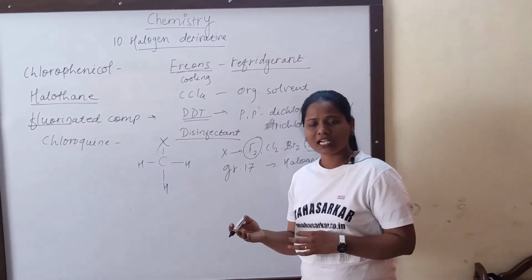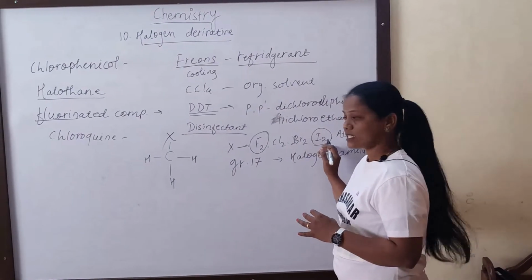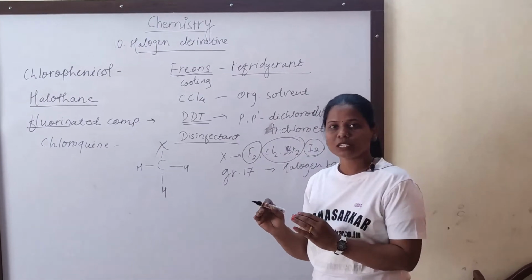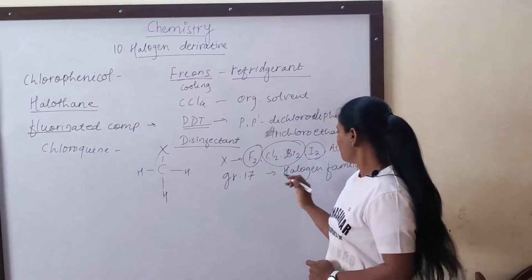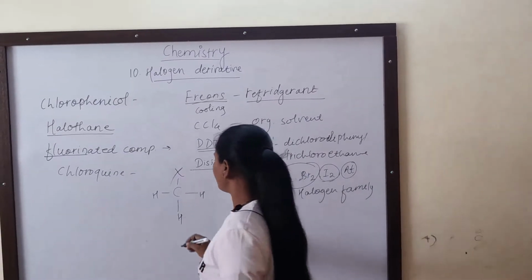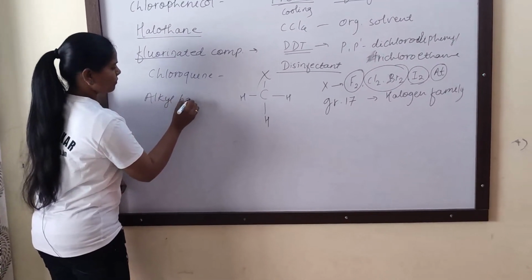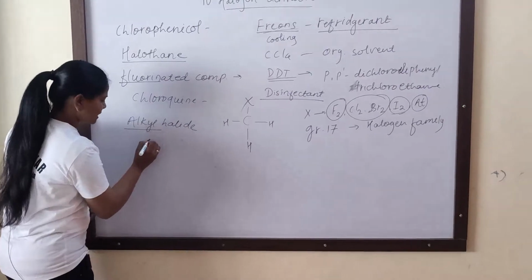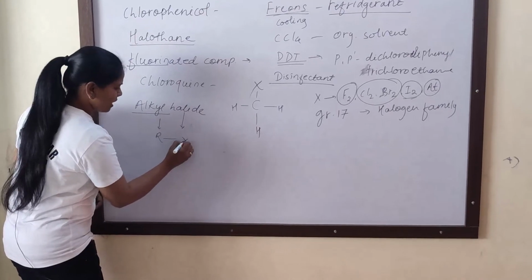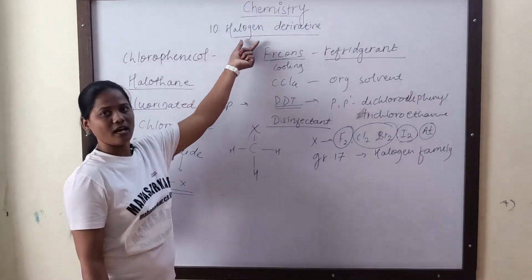For a chemical reaction to take place, it will take hours, it will take weeks. So iodine is not used as a halogen atom. Next are chlorine and bromine, which are most commonly used as the halogen in all these halogen derivatives. And next is astatine, which is a radioactive element. Now these halogen derivatives are also known as alkyl halides. Alkyl is generally denoted by R, and halide is denoted by X. So this is the general representation of an alkyl halide, which is nothing but the halogen derivative.